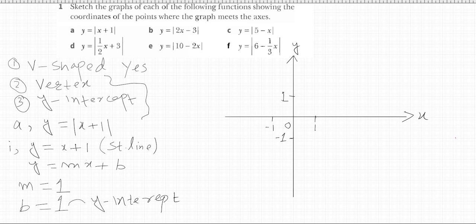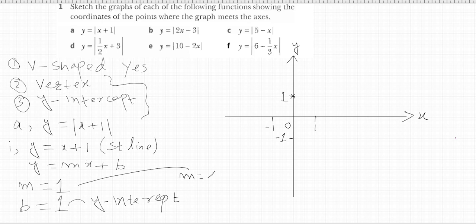Okay. So in order to draw a straight line with the help of gradient and y-intercept, first you have to focus on the y-intercept. What is our y-intercept? In this case 1. So first make a cross on the y-axis, on the y-intercept. So this is our point. Now focus on the value of gradient. You know, students, what is gradient?